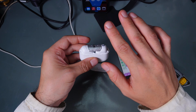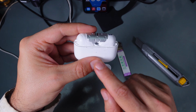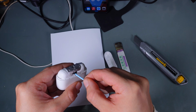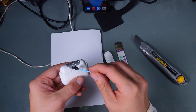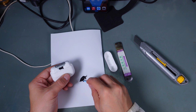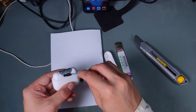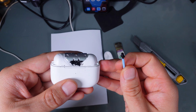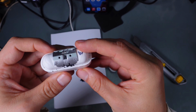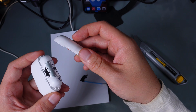So I double check before closing it down, and I'm going to permanently fix it by adding a little bit of glue. Let me add a little bit of glue, and I'm going to nicely place it. That glue should keep it in place and prevent any future problem, because I'm definitely planning to drop it many more times, and that cutout goes into the